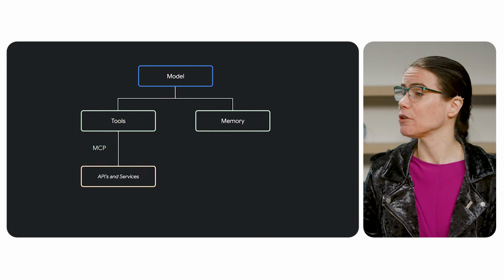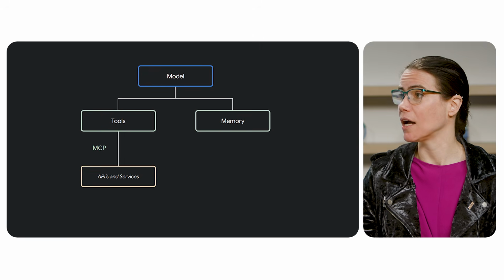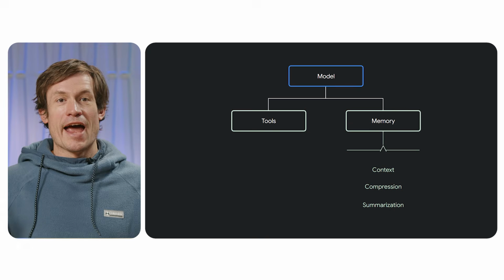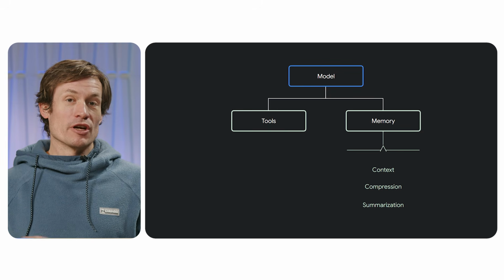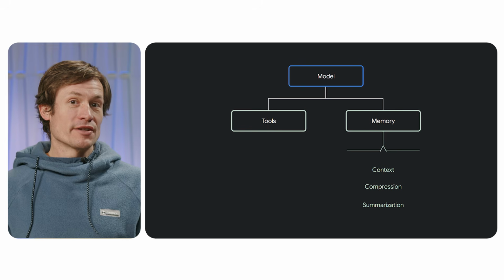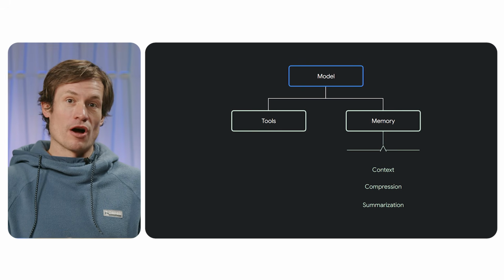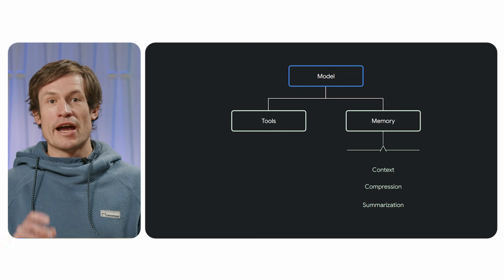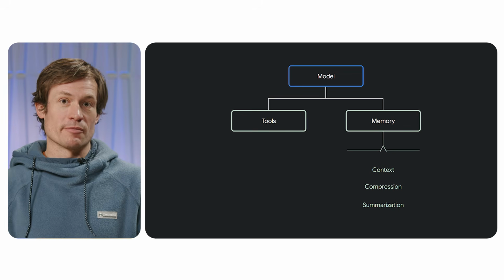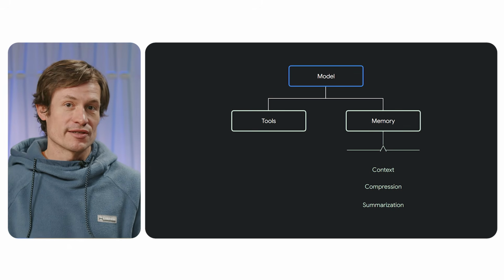This gives the agent knowledge about when and where to use a specific MCP tool or an API in specific situations. And agents wouldn't be complete without memory. You can think of memory in the most simple form as the context window for an agent. There are other forms of memory like short-term memory and long-term memory that you can also put with an agent architecture. Agents generate context-based memory as they perform interactions with their users or with other agents in a system.